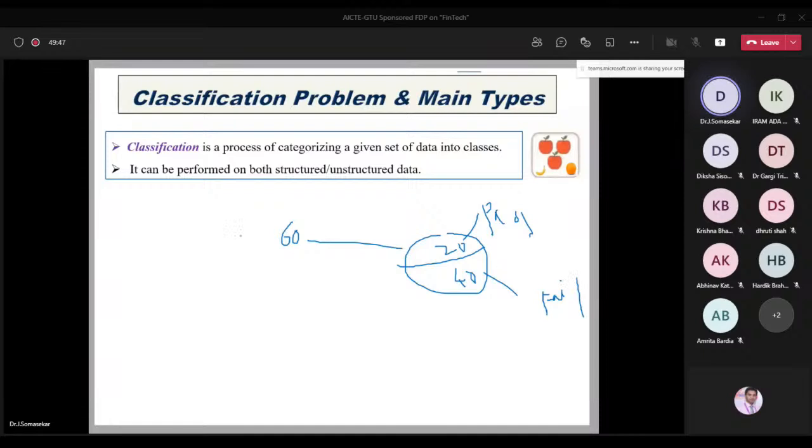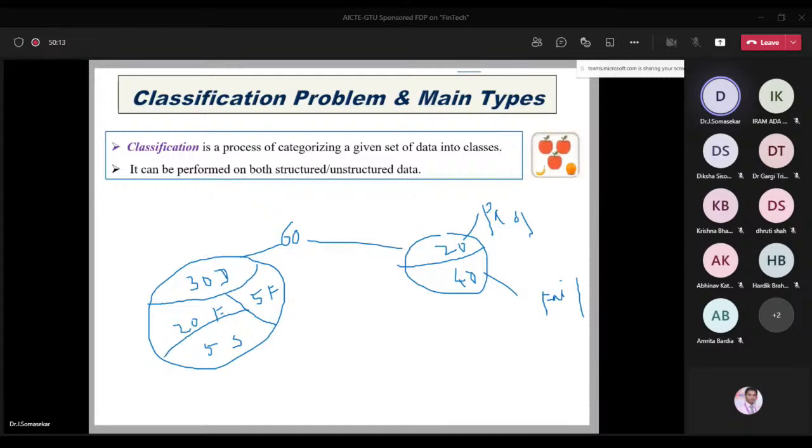Suppose you are looking for categorical classification, how does it look? 30 students are distinction, I am assuming, 20 students are first class, 5 students are second class, and 5 more students are failed. So this is the categorical classification. Based on the categories here, first class, second class, distinction, failed, like that I categorized. Based on that, we can call it categorical classification. And this is binary classification. Binary means either true or false. That's why we can call it binary. So here we have only binary classification. This is called categorical classification.